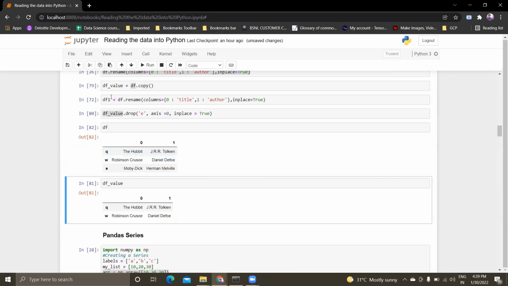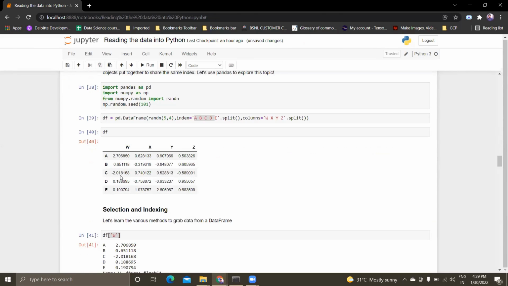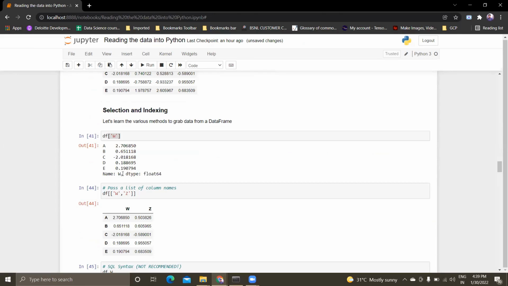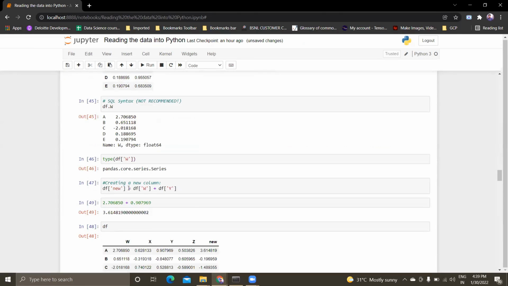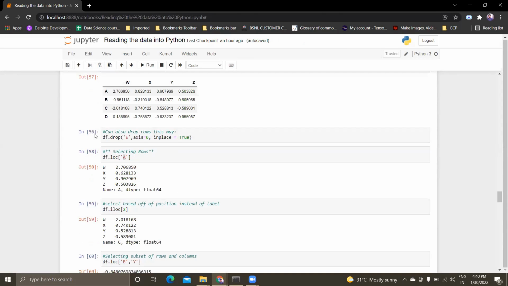So you can just make a copy of it and assign it to a new value, and you can do whatever you wanted to do here, like dropping values or adding a few more values. You can do all that to this data frame, and that will not have an impact on your original data frame. So it is always better to create a new data frame and do all the exploring on that copy. This will not have any impact on your original data frame, you don't need to restart your kernel from the beginning, and you can just be cautious about your data. That's it. You can create a new data frame.